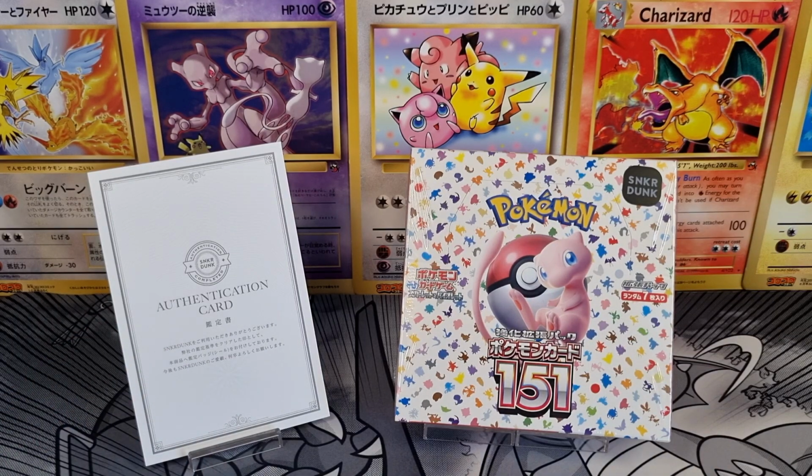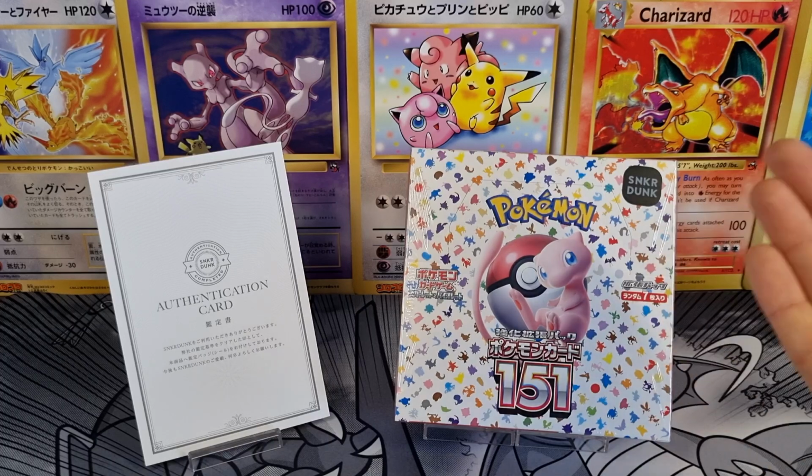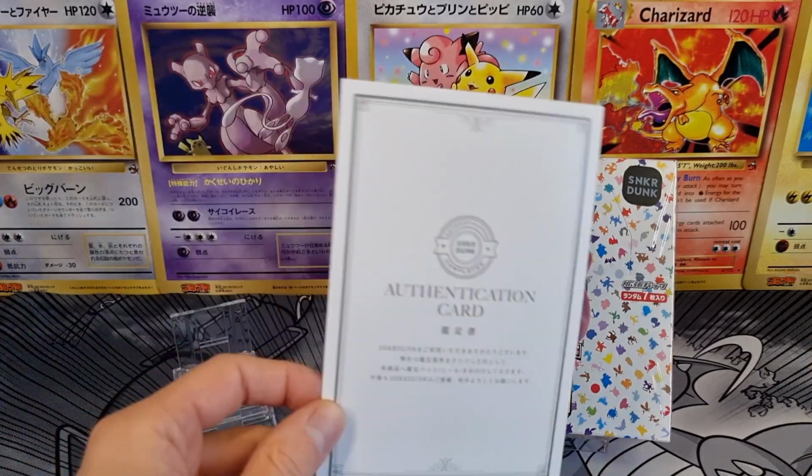If you don't like it, you can just peel it off. The sticker does work. Once you peel it off, it creates like a little text. The text shows up that says like void or open, or maybe both words, and you cannot reattach it somewhere else. Once the sticker is gone, it's destroyed, which is a great thing. The sticker works. Now the authentication card,